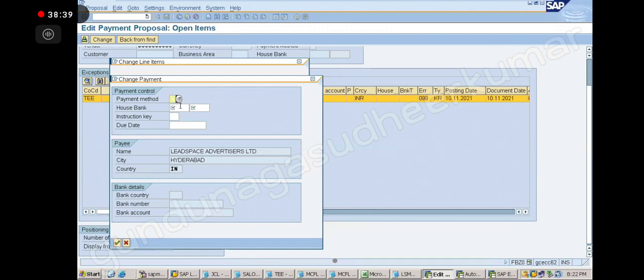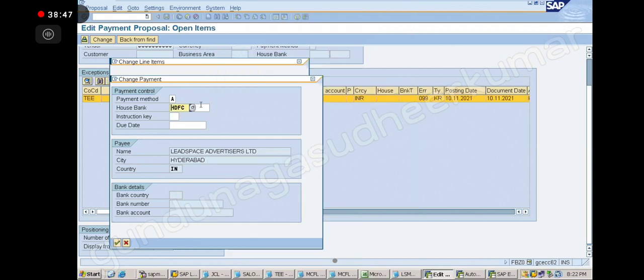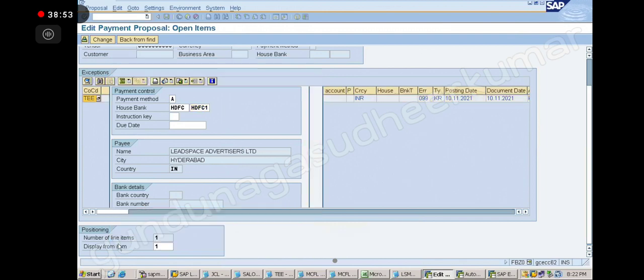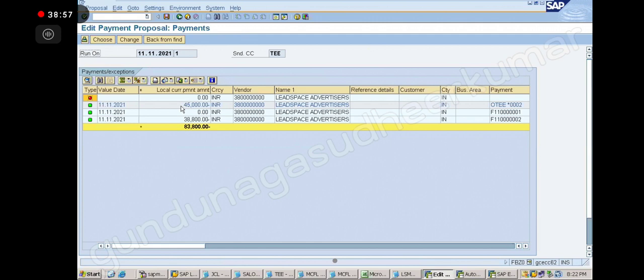A, no? Yes. A method, and house bank is HDFC, correct? Enter it. Okay, go back. Okay, got it. Green button. Okay, sir. So you can remove the block immediately if you have blocked it.